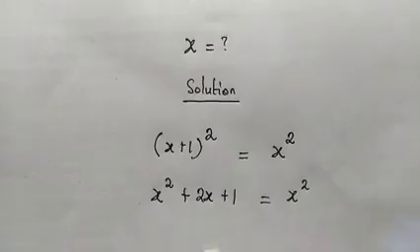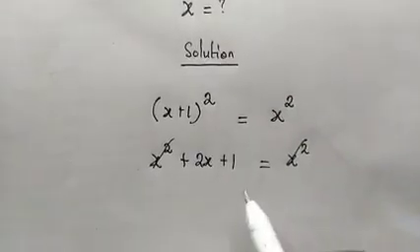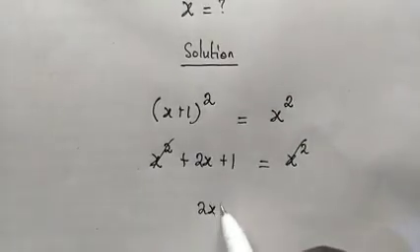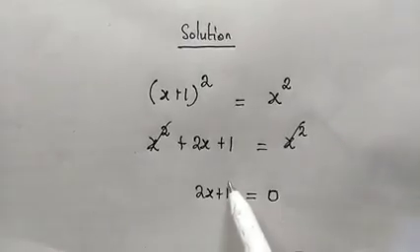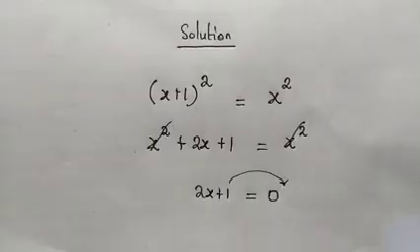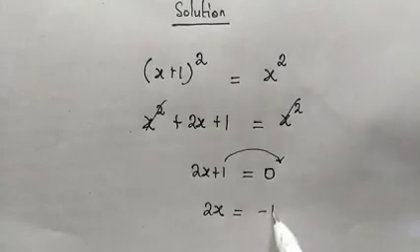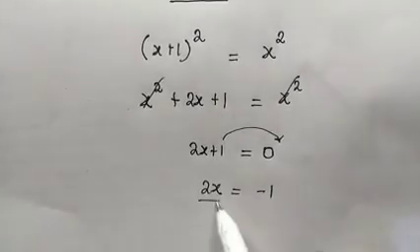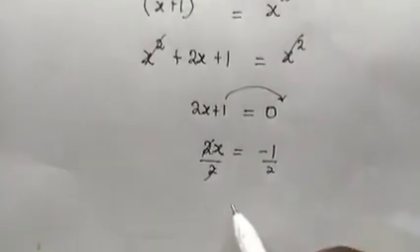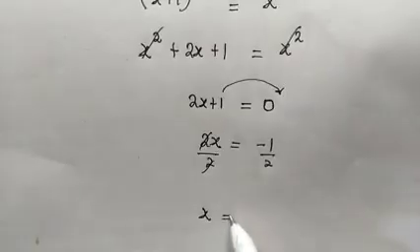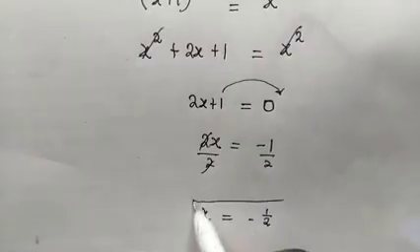Now x squared is positive on both sides, so we can subtract it from both sides. And then we are left with 2x plus 1, which is equal to 0. This one is positive, take it to the right hand side and it will become negative. We get 2x is equal to negative 1. Divide both sides by 2, the coefficient of x. So this will cancel this. So you can see from here now, we come up with the solution that x is equal to negative 1